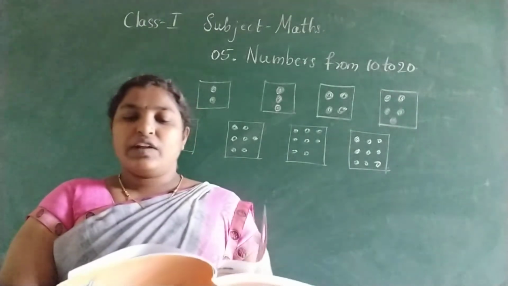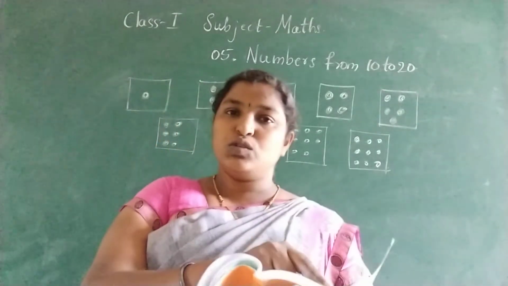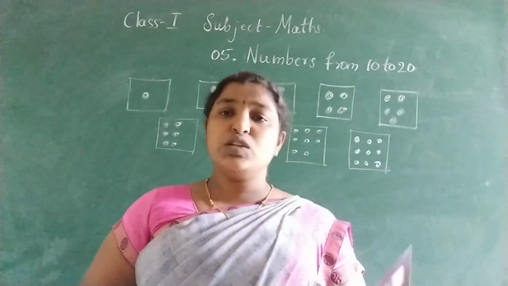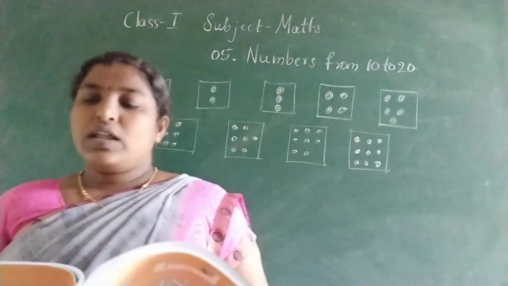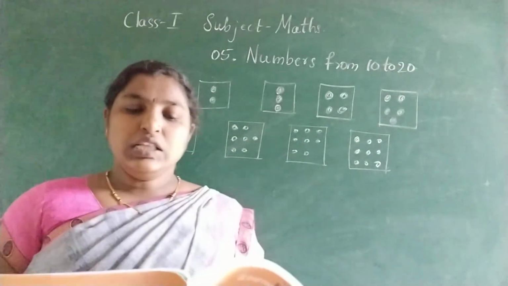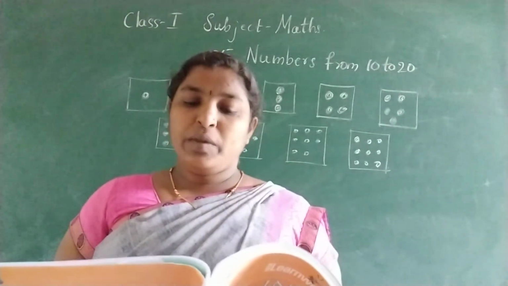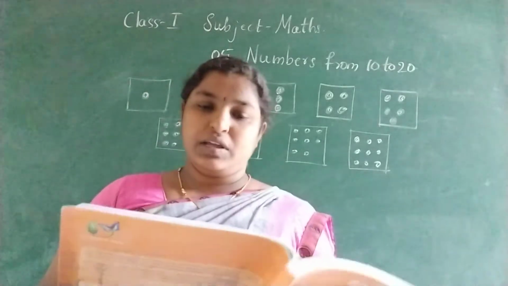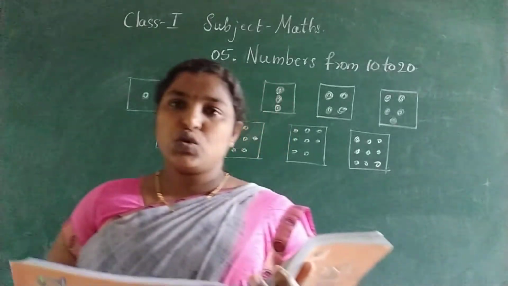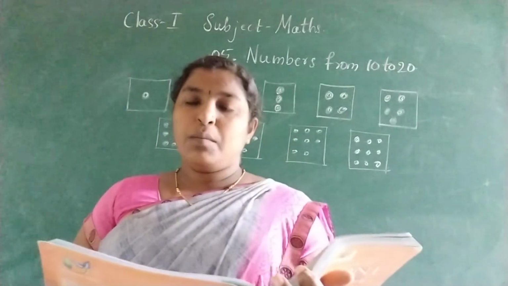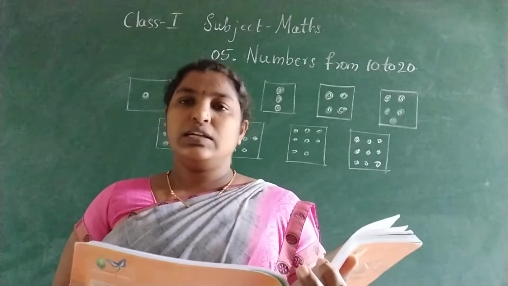Developing the concept of tens and ones. What is tens and what is ones? Just look at page number 203. Tens, ones, number name. See the picture. There are teddy bears. How many? There are 10 teddy bears. Ones place is 0 because there is no picture, so that is considered as 0. In the number name column, you see 1 ten and 0 ones is 10.